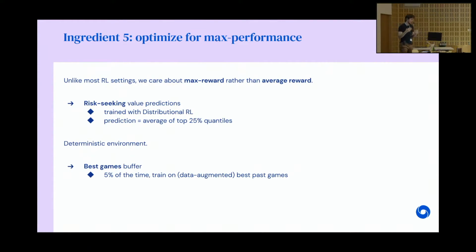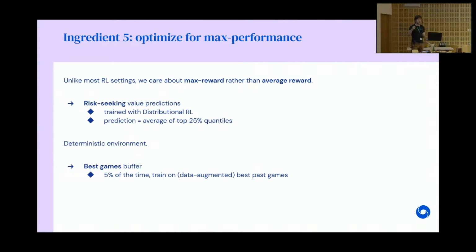And this is different from the usual RL setting. It's also different from maybe the AlphaGo setting, where it would be quite embarrassing if the AlphaGo system went to play the world champion and then most of the games were really bad and there was just one game that's really good. So here we really care about the maximum reward rather than the average. And there are multiple ways we can exploit this. One is that we can